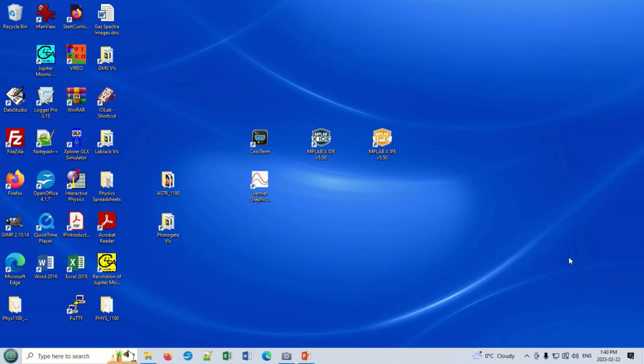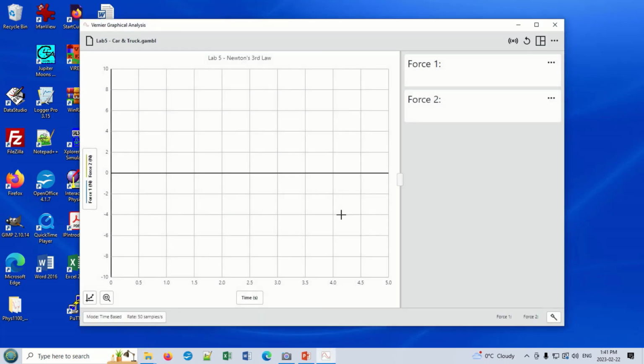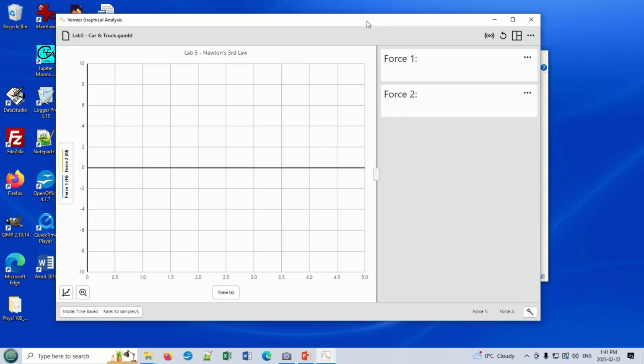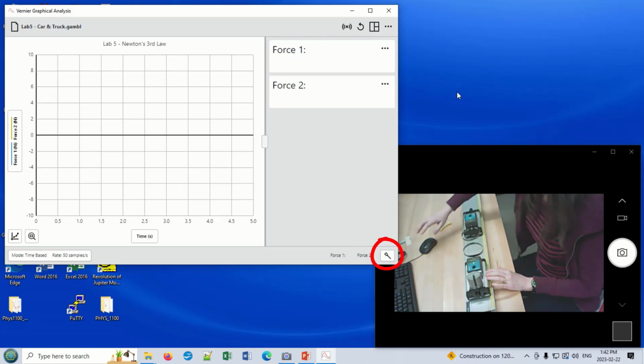For the car and truck part of the experiment, as usual, open up the 1100 folder, and open this Lab 5 program. Now I'm going to resize things a little bit so that you can see the equipment at the same time. And like before, the first thing you want to do is connect your 2 wireless sensors to the program. So start by turning your 2 sensors on. The light should be flashing. Then to connect them to the program, click this little icon here in the corner,